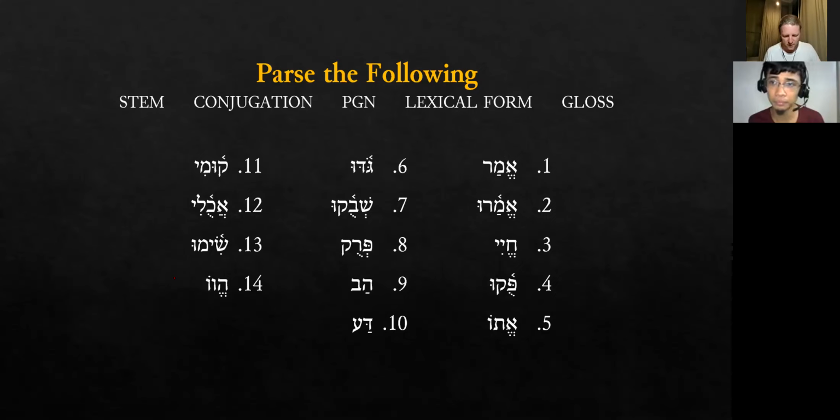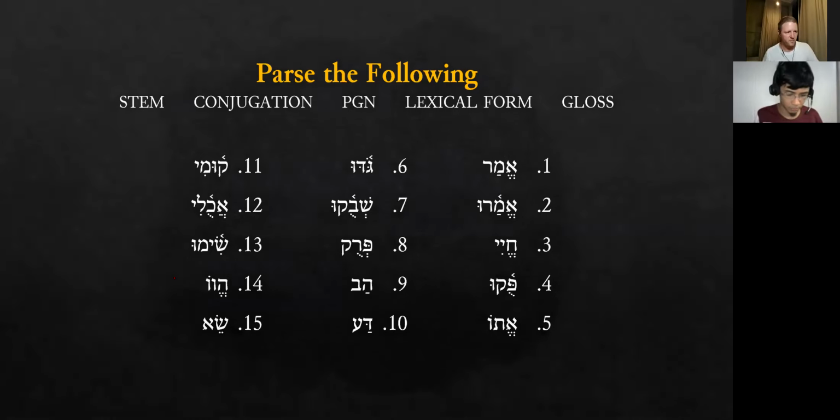Yeah, the imperfect is teheve, and it becomes heve in the imperative. Yep. Cool. All right. The last one, say, is from Nasa. Peal imperative, second masculine singular from Nasa, meaning